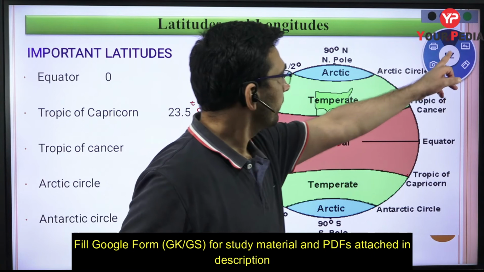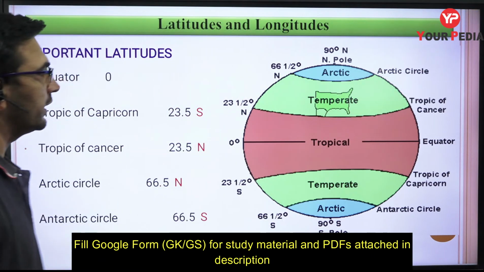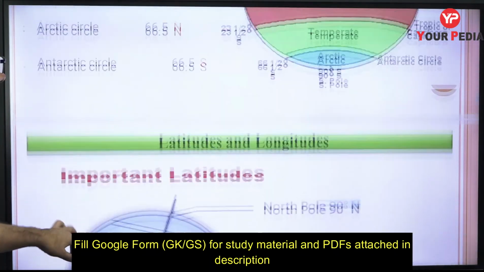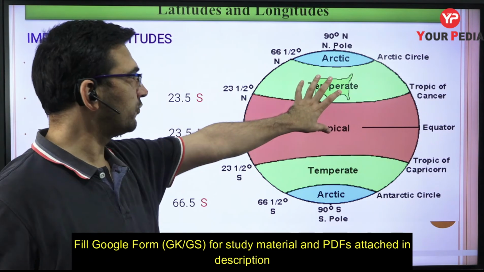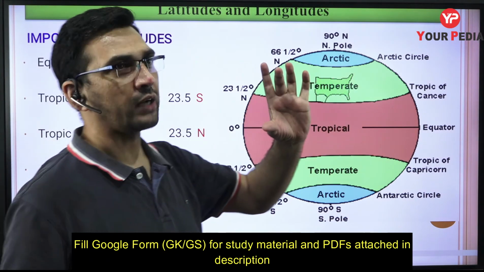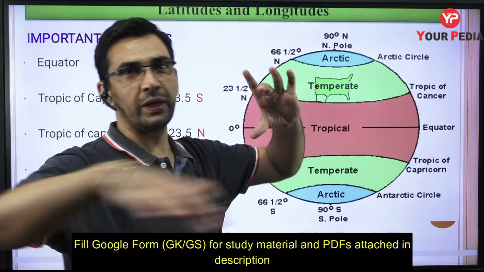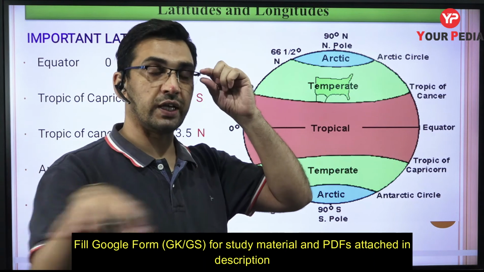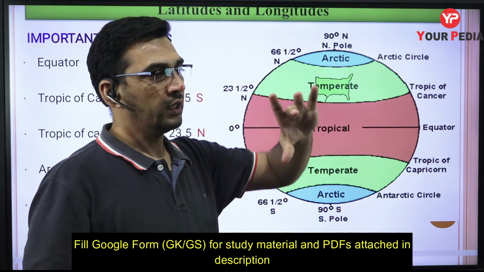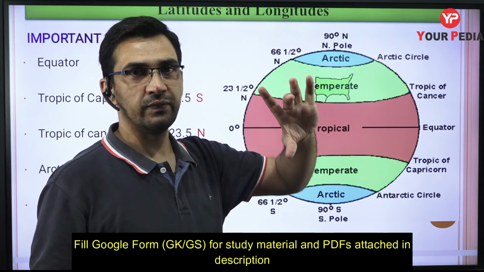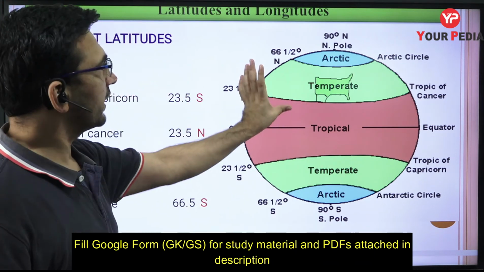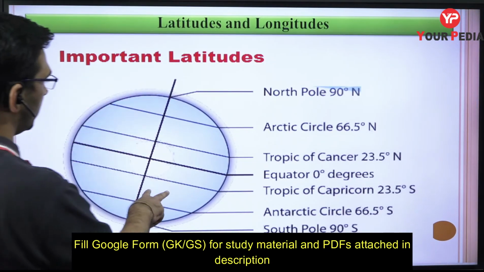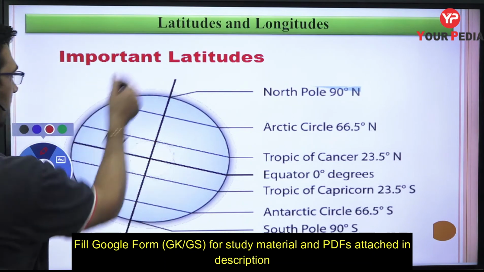Okay, so let us now see the position of India in the context of latitude and longitudes. Even though we discuss it this way for simplicity, you already know Earth is not that way. It is inclined when we take the plane of our solar system with respect to the Sun, so it is inclined at 23.5 degrees. This is the exact position: it is inclined 23.5 degrees with the vertical.